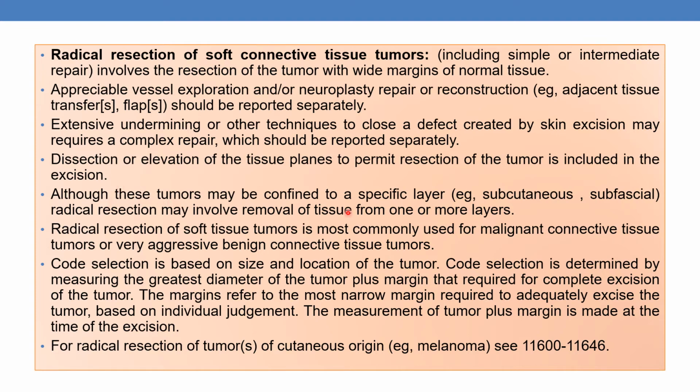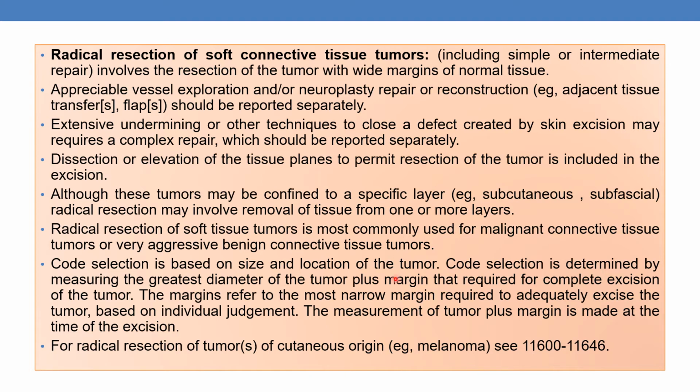Although these tumors may be confined to a specific layer, for example, subcutaneous or subfascial, radical resection may involve removal of tissue from one or more layers. This is an important point. The radical resection of soft tissue tumors is most commonly used for malignant connective tissue tumors or very aggressive benign connective tissue tumors. Like any excision or resection, the code selection is based upon the size and location of